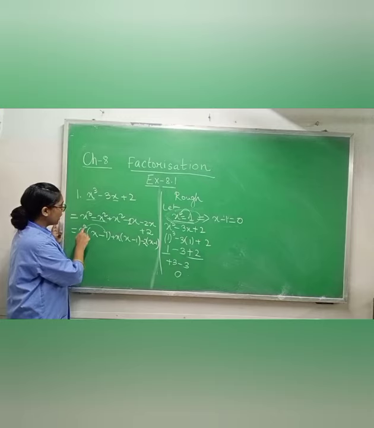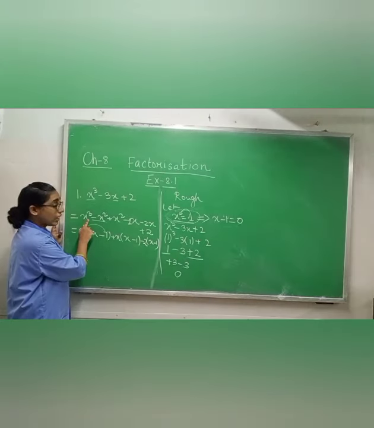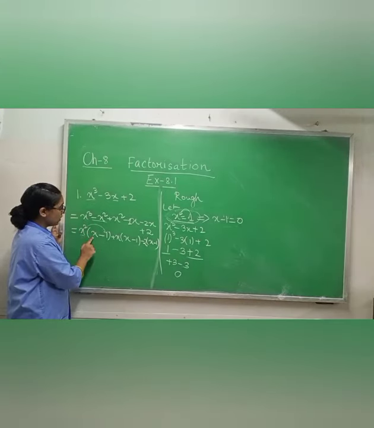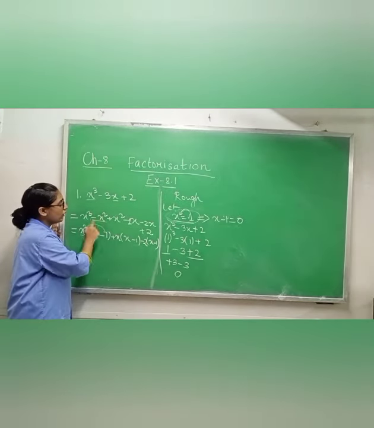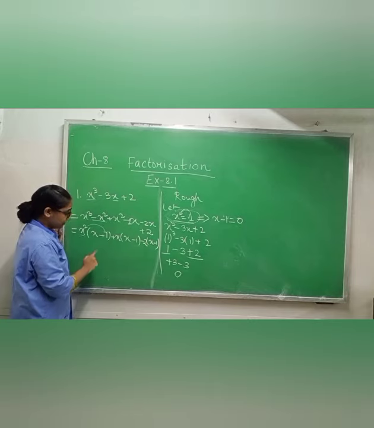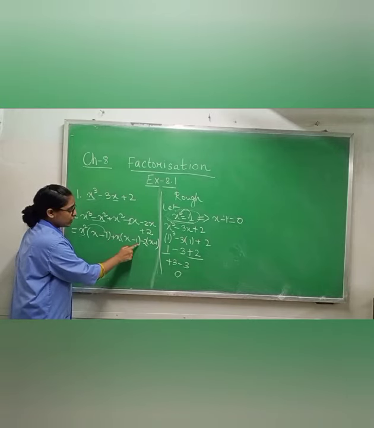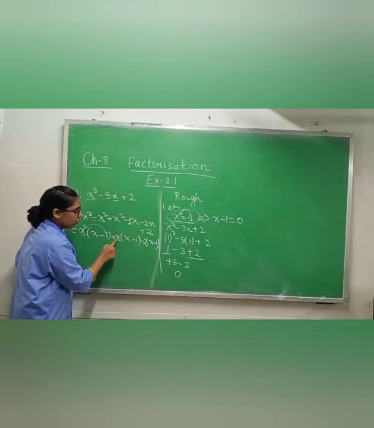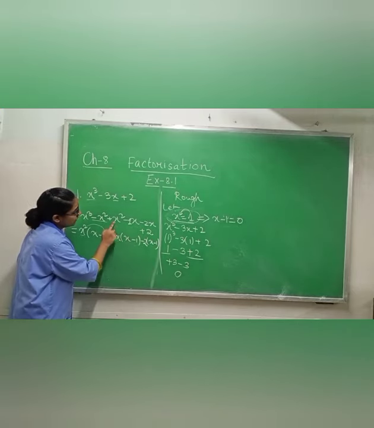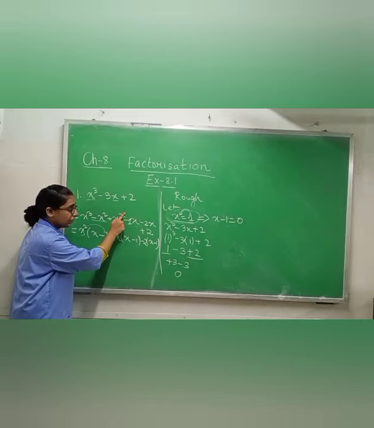Okay, then you are putting x square. Why are you writing x square? To get x cube. When you are getting x cube as well as x square, minus x square also. Now you have to remove this one. How will you remove it? Then x minus 1 you are writing. Now x is already present here. I have to write one more x into x square. So plus x square I am getting.